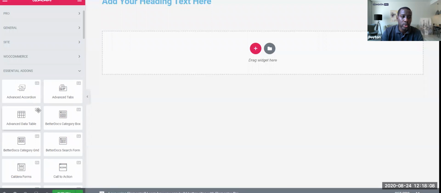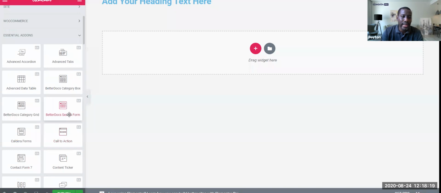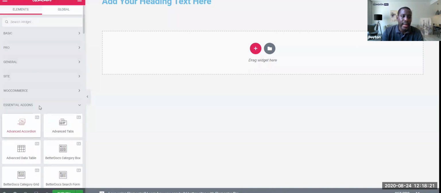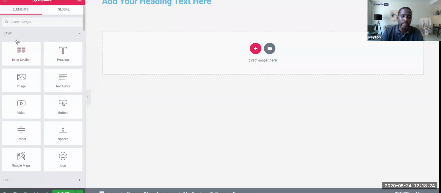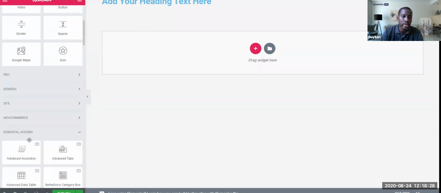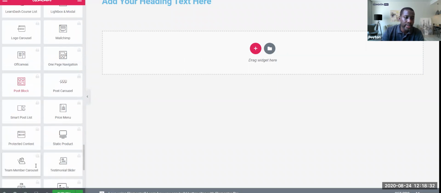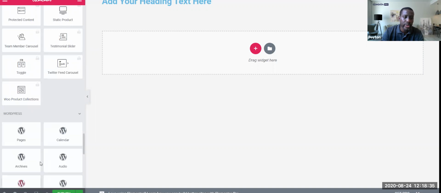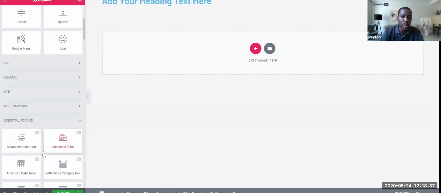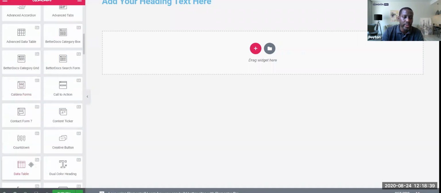So let's just go through here quickly. Advanced accordion, advanced tabs, advanced table, better docs category box. So all of those are elements that I can add. And now I have a lot more free elements. I have those on the basic. I have those under WordPress, I believe. Yep, under WordPress I have other free elements, but under this new plugin that I have installed, I have a lot of other free